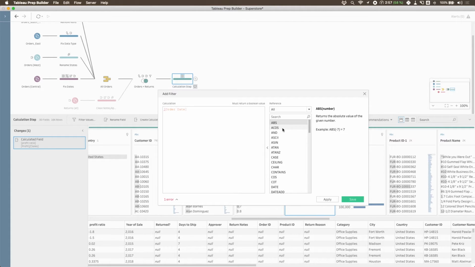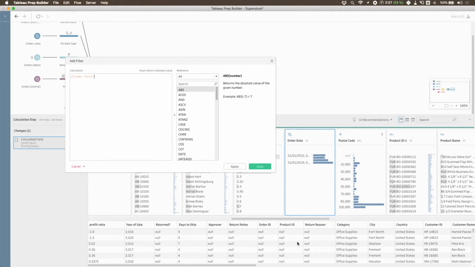Now, what I also want to do is a very basic test. If I look at my order date, I can move this around. I can see here that I've got date ranges from 2015 all the way to 2019. So what I'd like to do is filter out anything that is older than 2018. So I don't want any recent data in my data set. Okay. So let's take this